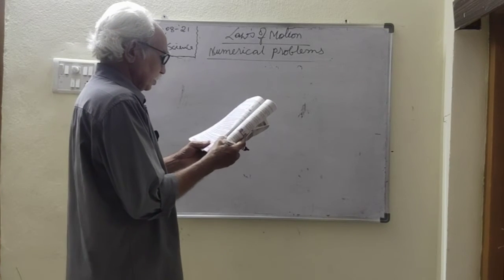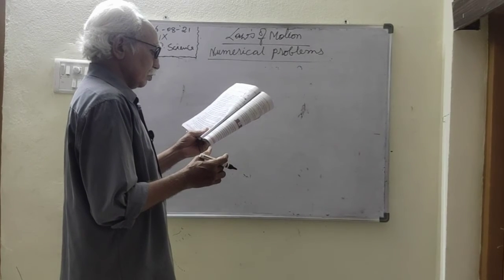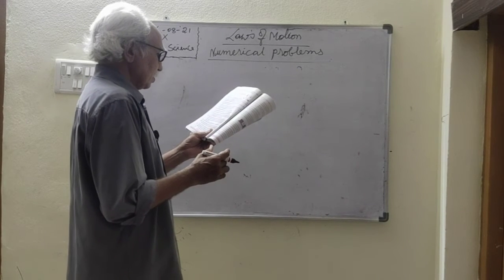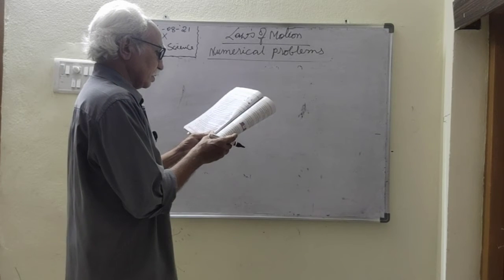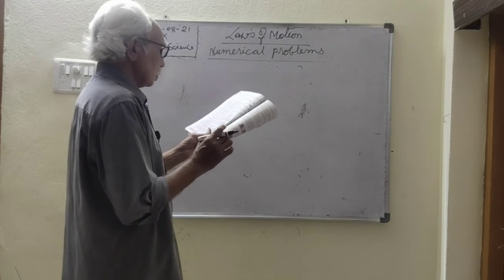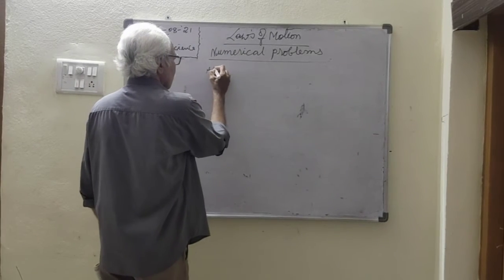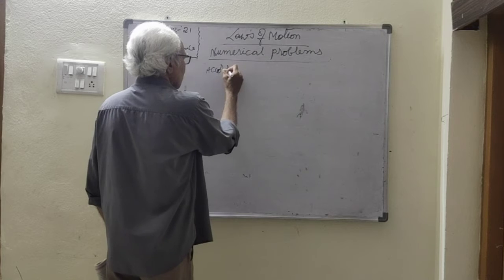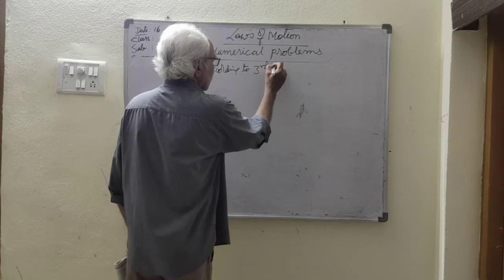Two ice skaters initially at rest push each other. If one skater whose mass is 60 kg has a velocity of 2 meters per second, what is the velocity of the other skater whose mass is 40 kg? So here, according to the third law,